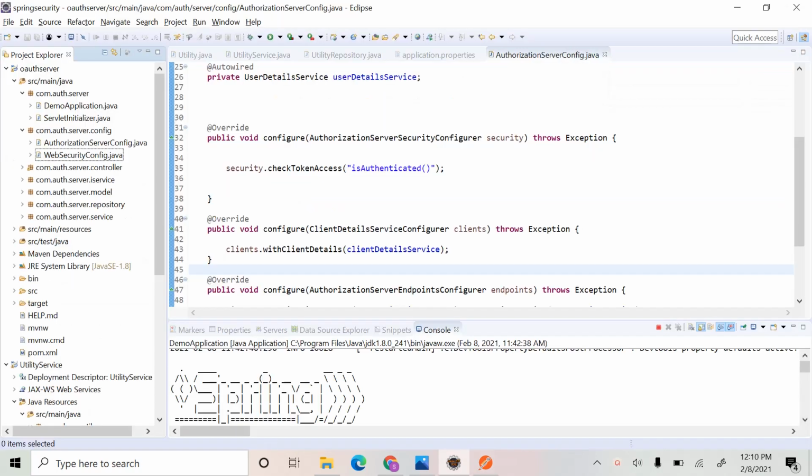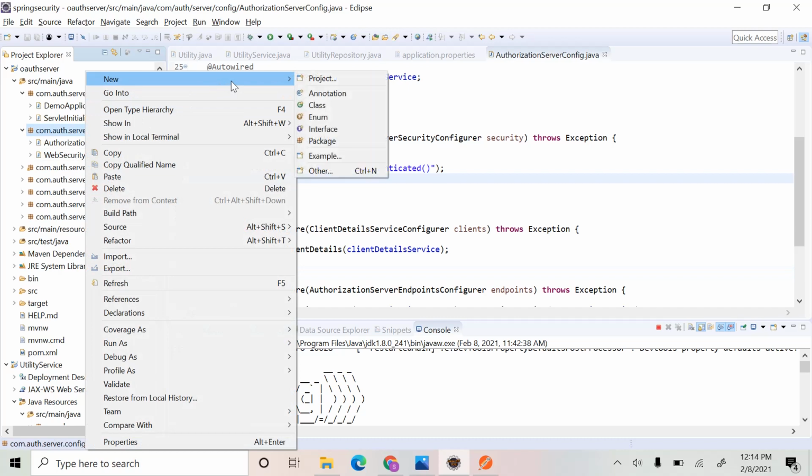authorization server. This authorization server has some user information. So if you want to access any user specific information, that is the user's email ID and other stuff related to the user, we can just get it from the authorization server itself. For this, we have to make this authorization server a resource server too. To do this, we have to create a configuration class that extends the resource server configurer adapter and make this a resource server too, so that we can access the resources from this authorization server itself.